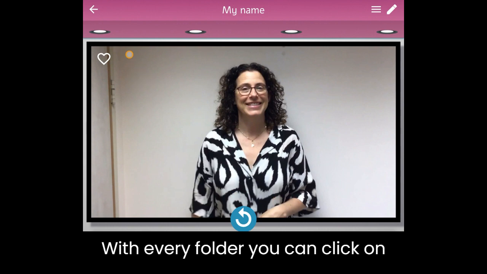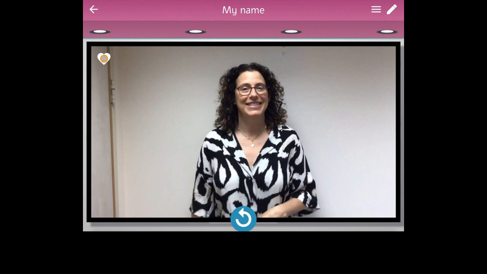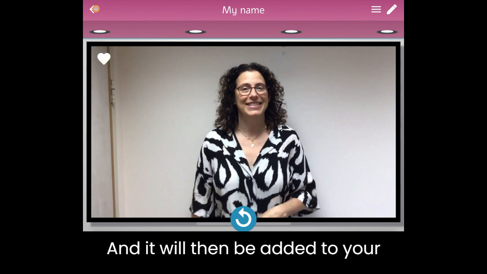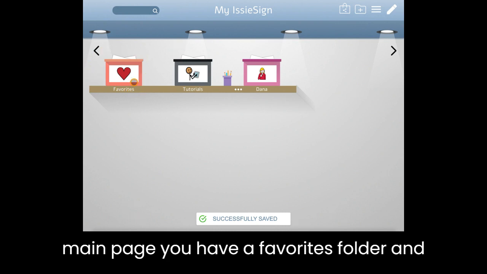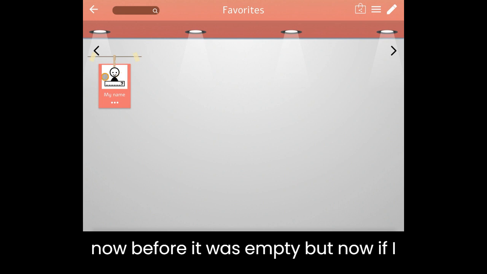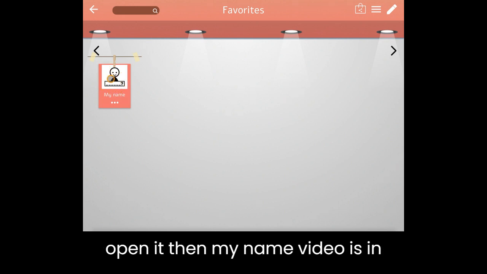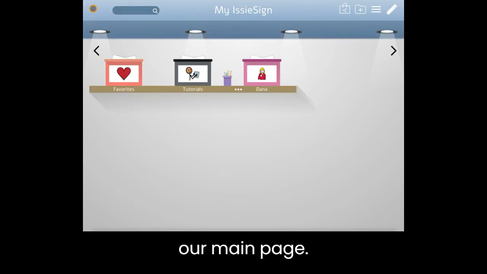With every folder, you can click on the heart in the top left corner, and it will then be added to your favorites folder. If you remember, on the main page you have a favorites folder, and now, before it was empty, but now if I open it, the My Name video is in the favorites folder. So let's go back to our main page,